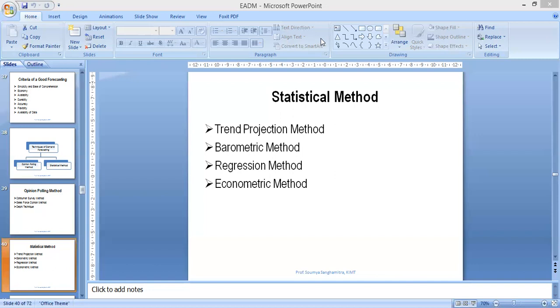These data are known as time series of sales, and a firm can predict sales of its product by fitting a trend to the time series of sales, and a trend line can be fitted by the graphic method or the algebraic